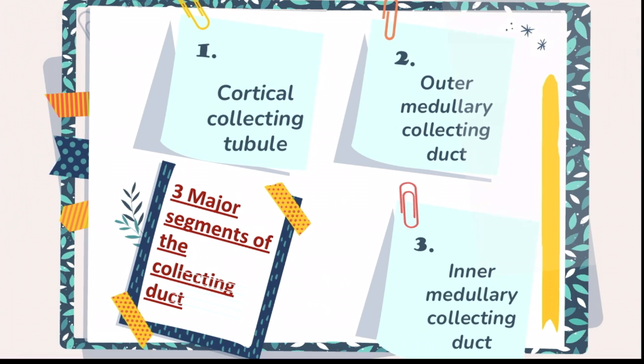Then the function of the outer medullary collecting duct, the second one, is to raise further the absolute intraluminal urea concentration. Finally, the inner medullary collecting ducts, the third one,